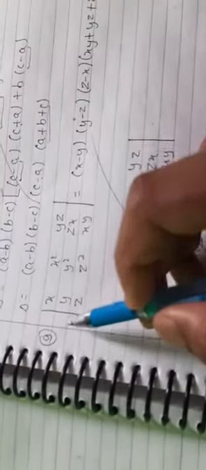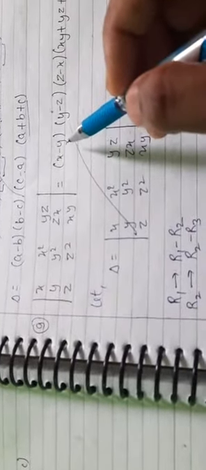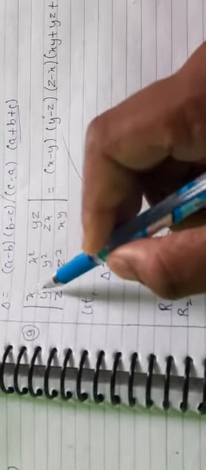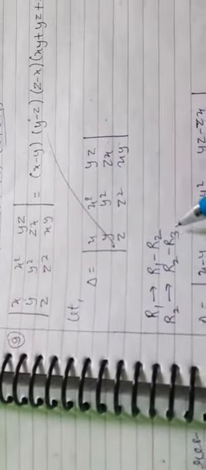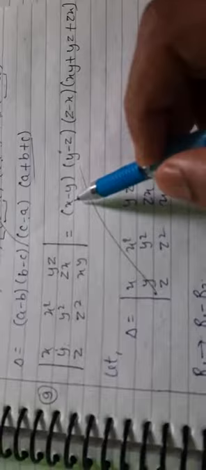After that, ninth question, x, y, z is there, and in RHS he is asking x minus y, y minus z. So x minus y and y minus z. So which operation we will use? R1 minus R2 and R2 minus R3. You can see this. According to your RHS, you can see which operation we will use so that your RHS will come. Always solve according to your RHS. This z minus x, xy, yz, zx will come as it is. Okay, after when we will expand, it will come itself. Firstly give attention only on x minus y and y minus z.